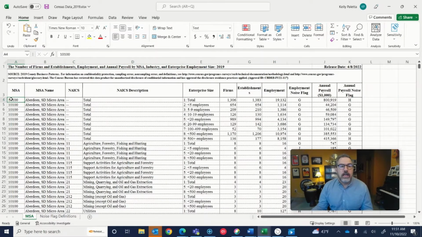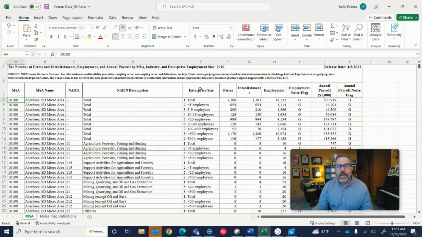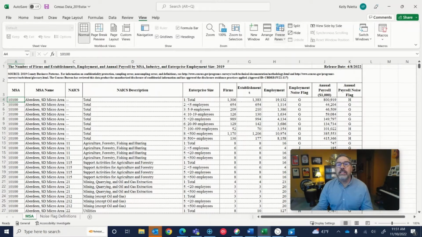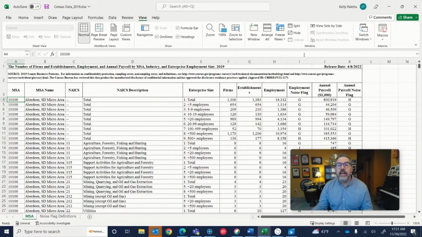And now I select a cell, or I could select a row that's below all of my column heading information. And I go to the View menu and select freeze panes, and I could freeze the top row or I could freeze the first column, but I want more than just the top row. So again, I've selected a cell that's below the rows that I want to freeze, and then I hit freeze